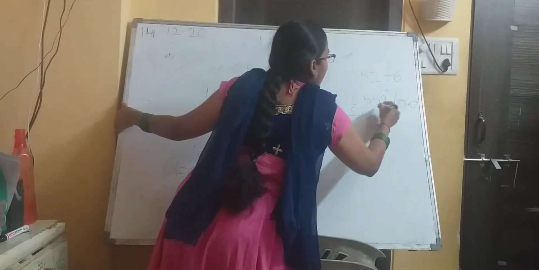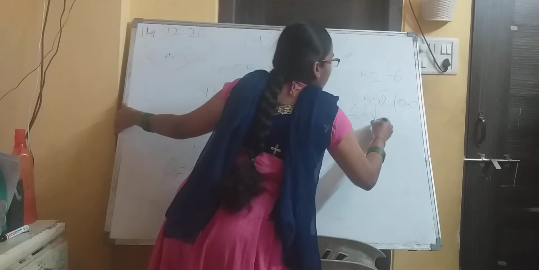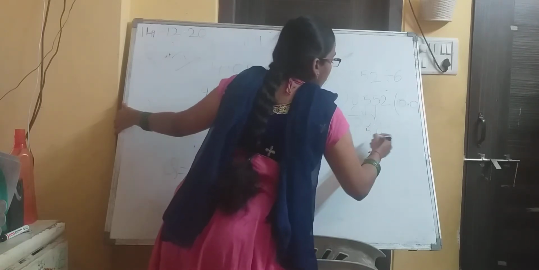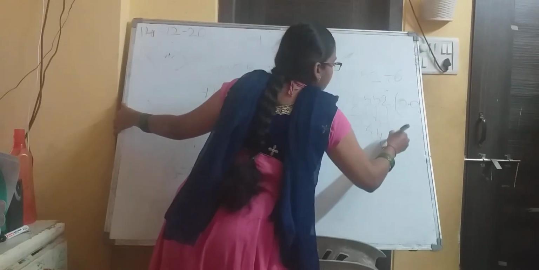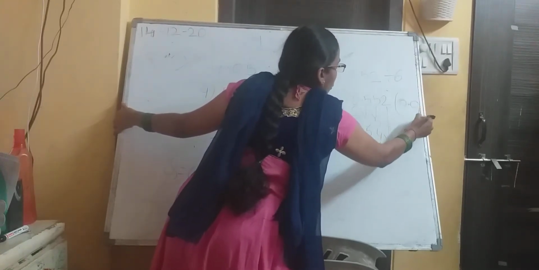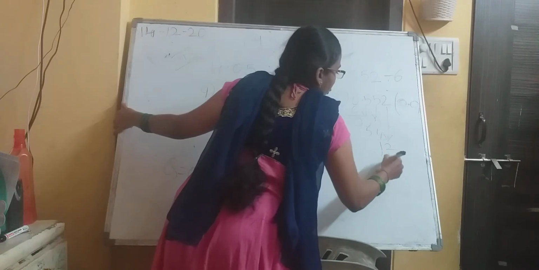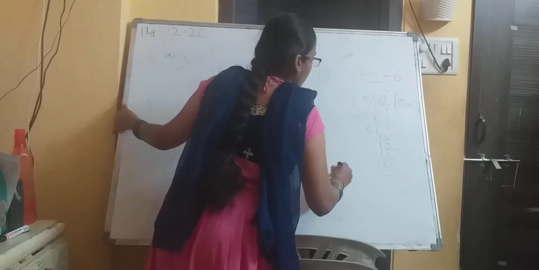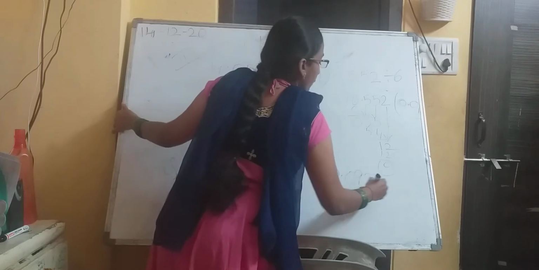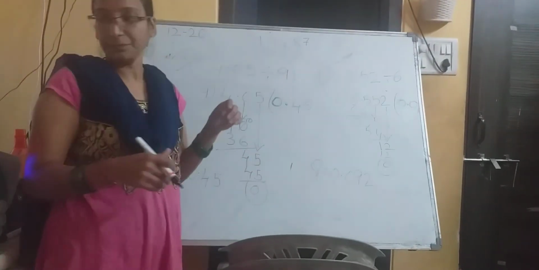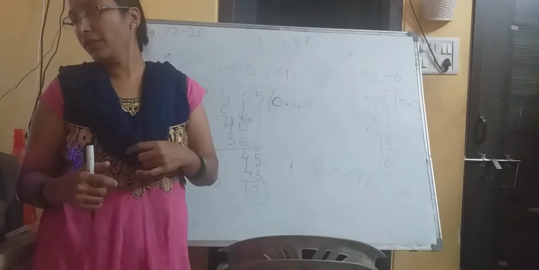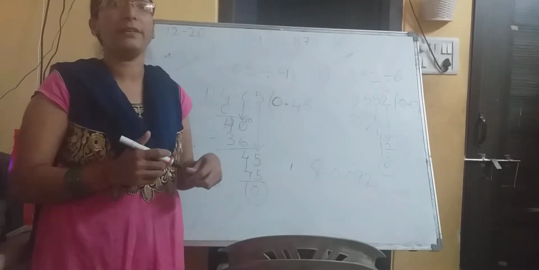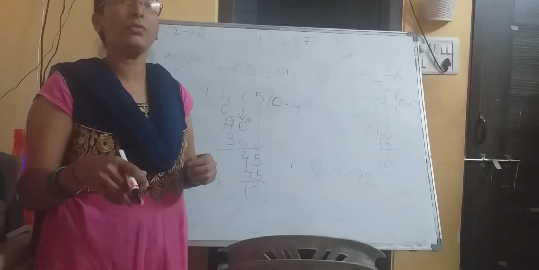and take next number, 55. 6 9s are 54. Okay, 5 minus 4, 1. And this comes down. 2. 6 2s are 12. So, what is the quotient, children? Quotient is equal to 0.092. Come on. In the same way, do the other 3 sums. Any 3 sums from the bit you can do, children.